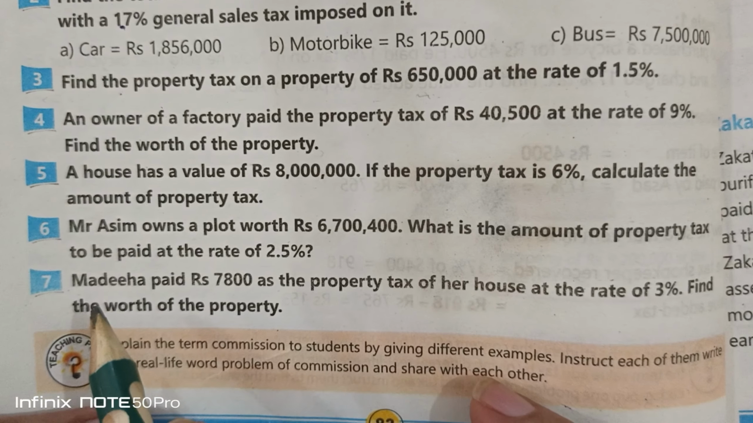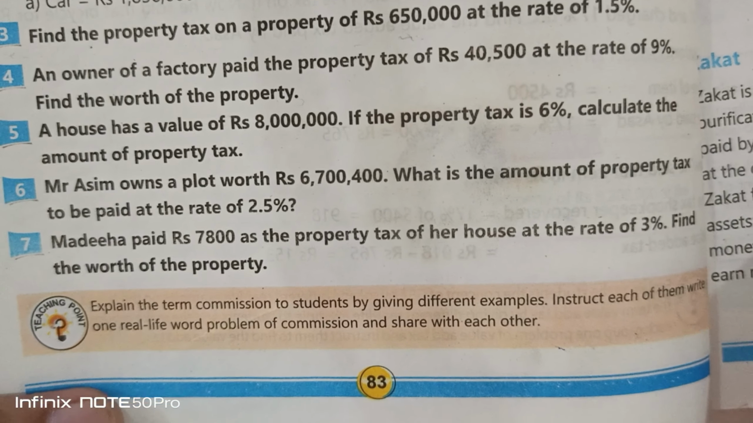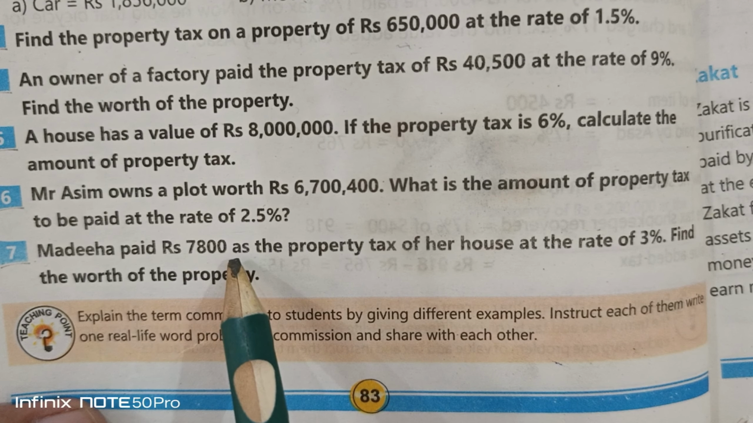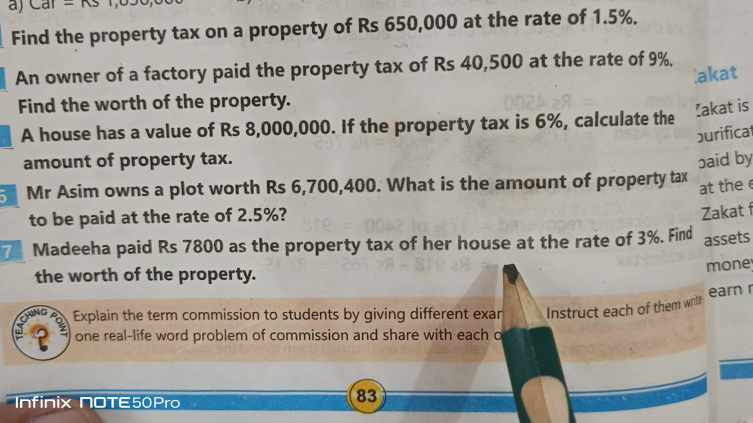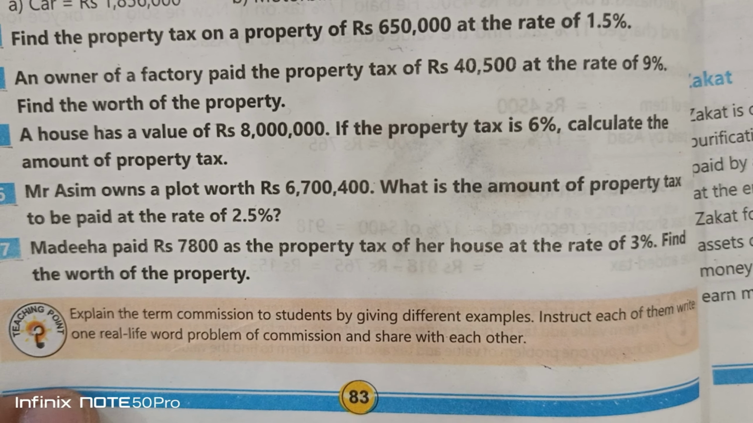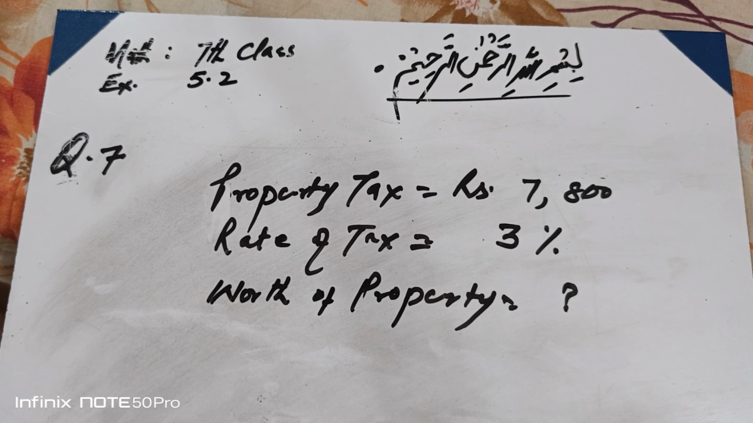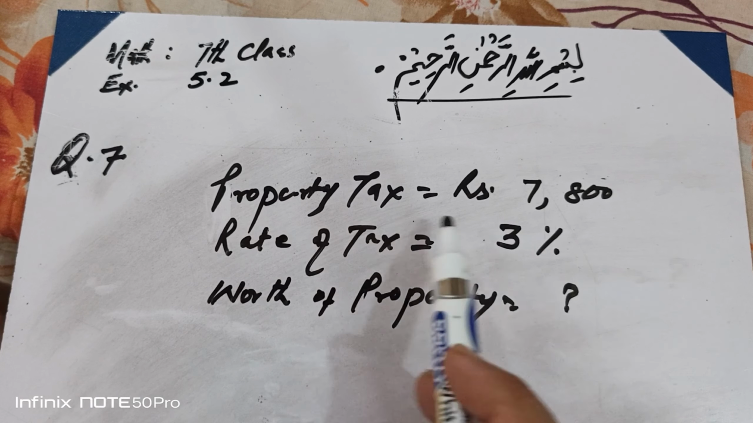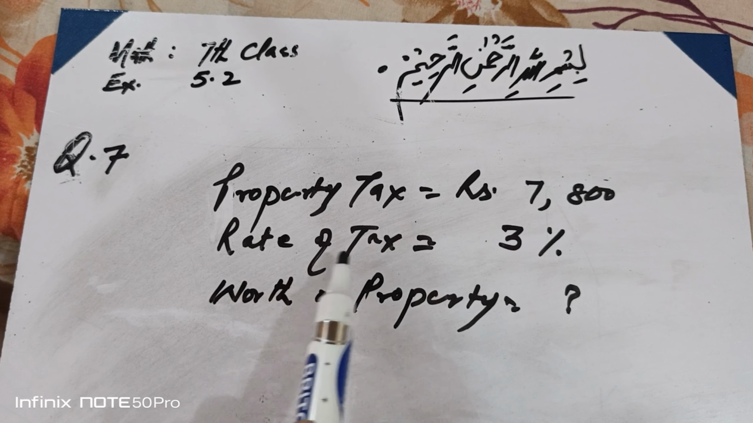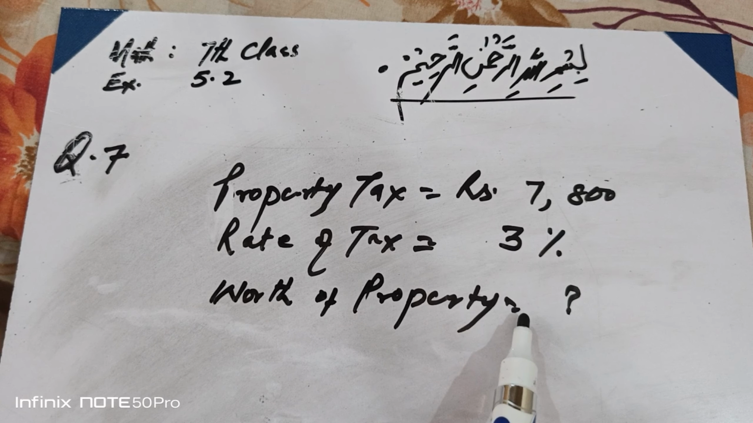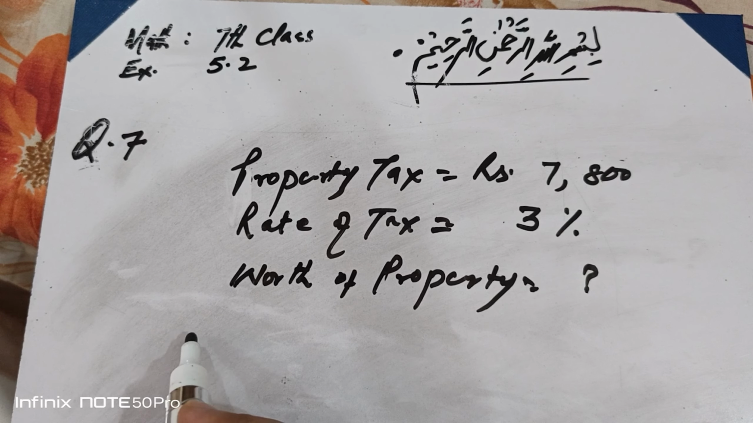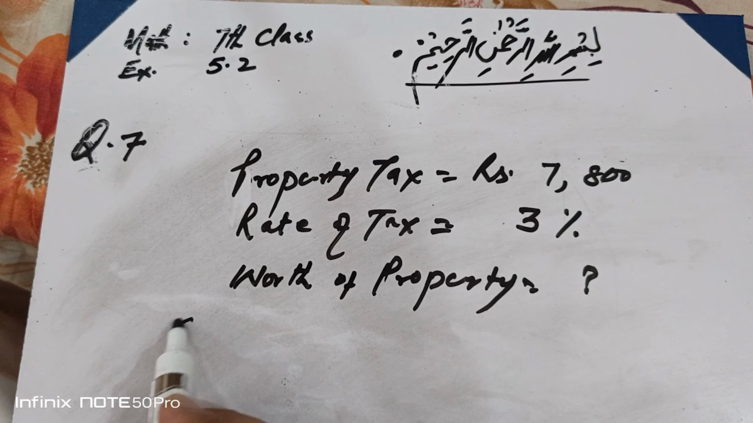Okay, we are at the next question. It is question number 7. Madhya paid rupees 7,800 as the property tax of her house at the rate of 3%. Find the worth of the property. I have written the data of this question. Property tax is rupees 7,800. Rate of tax is 3%. The worth of the property we have to find. And moving towards its solution,